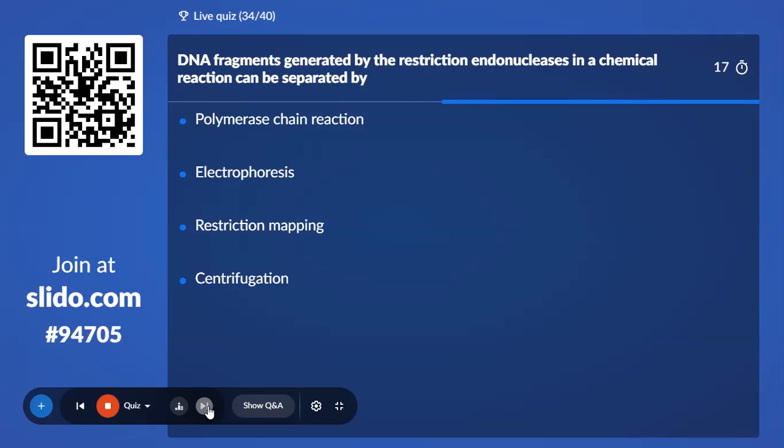I've shown you certain GIFs to make you clearly understand the concept of DNA separation by that particular process. Polymerase chain reaction, electrophoresis, restriction mapping, centrifugation. DNA fragments can be separated by